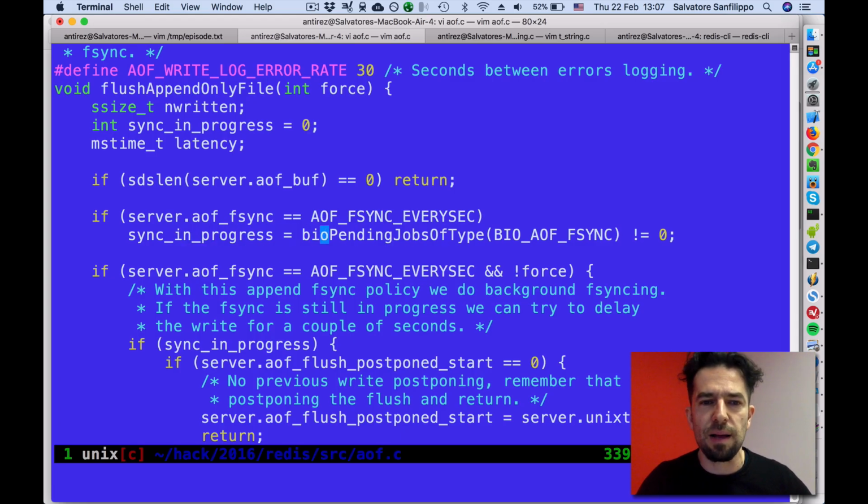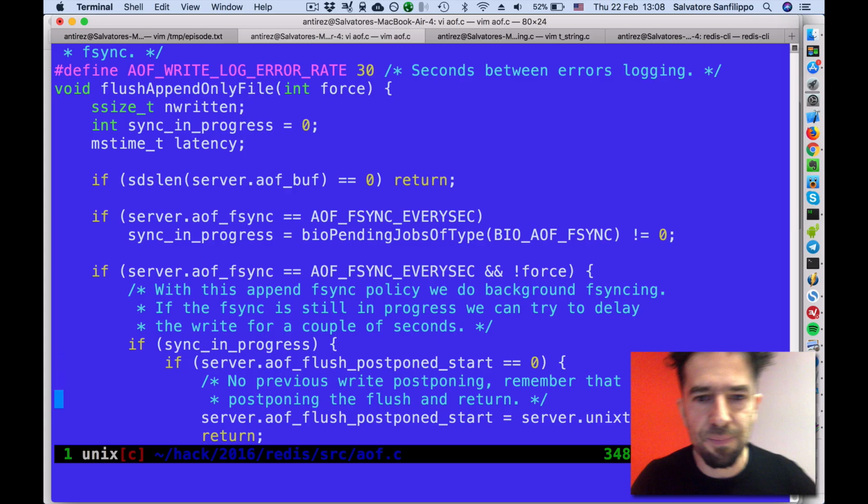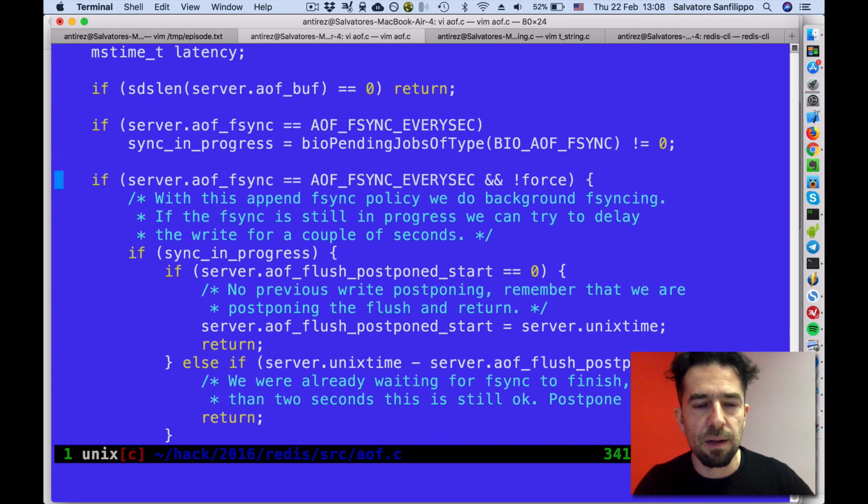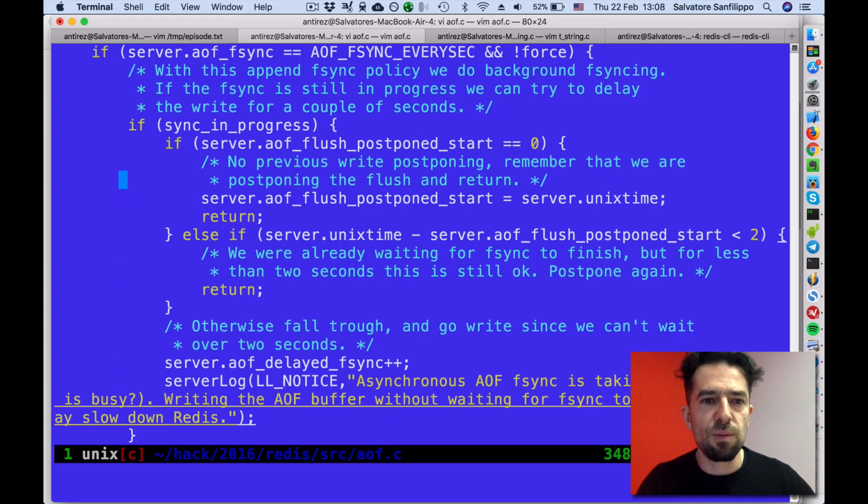Here we call an interface that implements some IO threading inside Redis, which returns true or false depending on whether there is a pending write. So if the policy is every second and we are not forced, we check